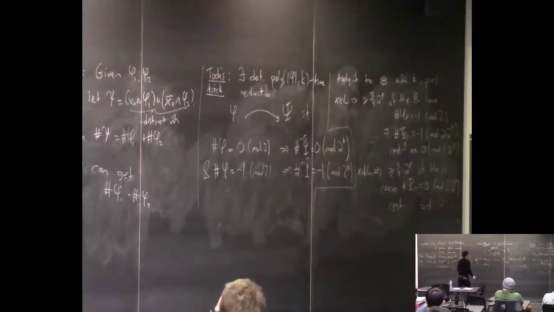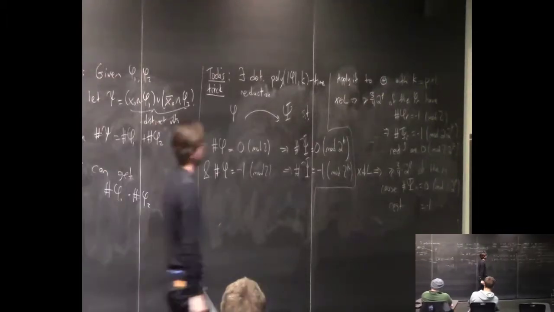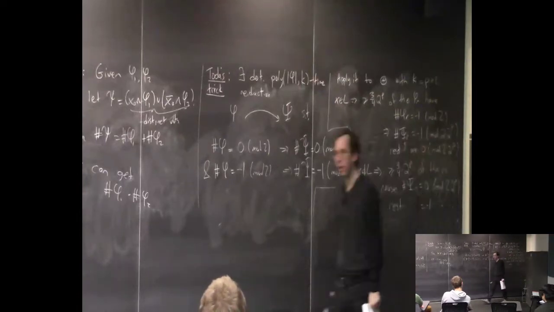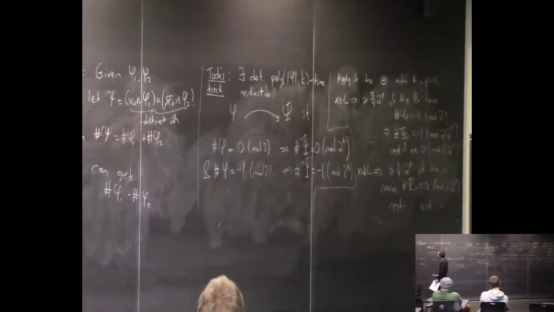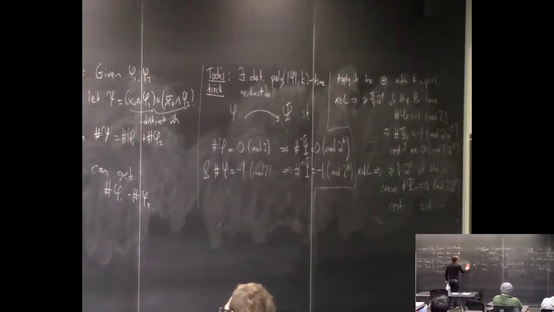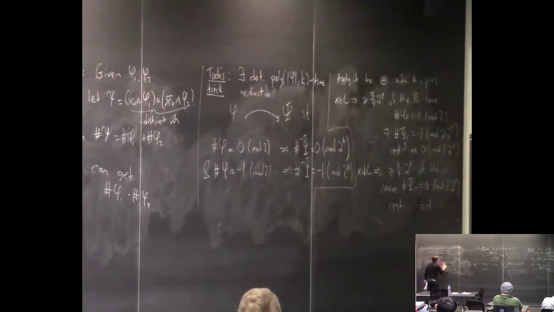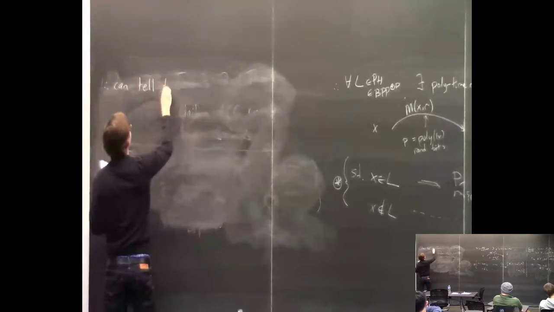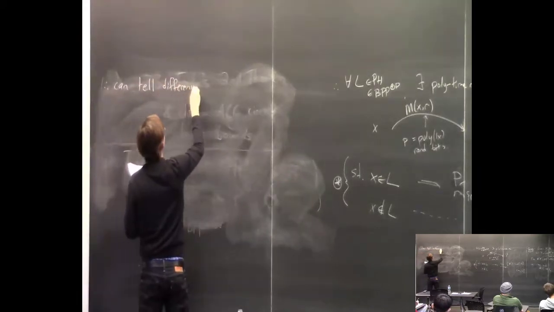And what is the point of all of this? The point is that we would like to add up sharp of psi r over all r. And the fact that we're going mod some quantity which is bigger than the number of r's we're adding up over, means that the mod won't make a difference. It'll be as though we're adding over the integers. So therefore, you can tell the difference between the